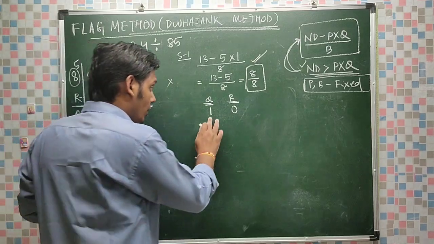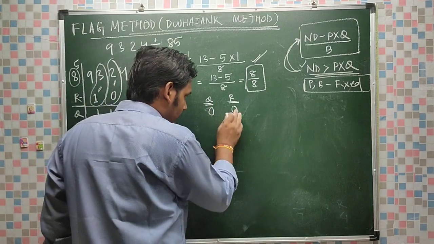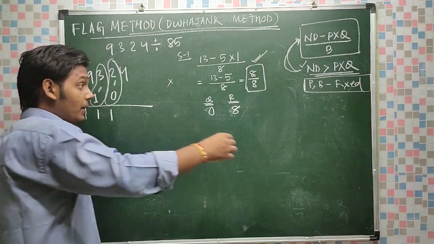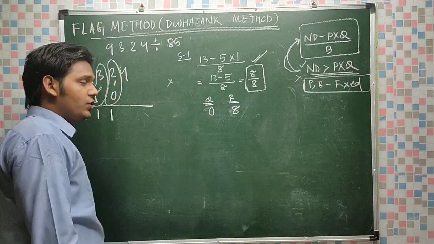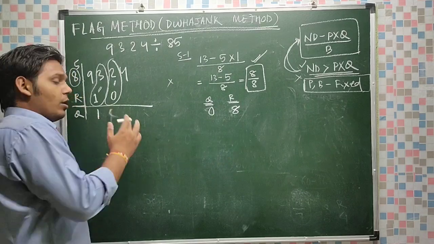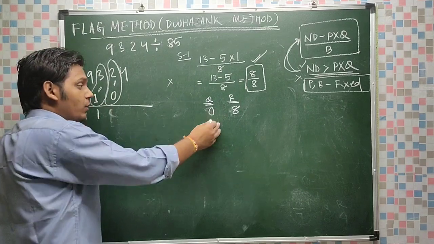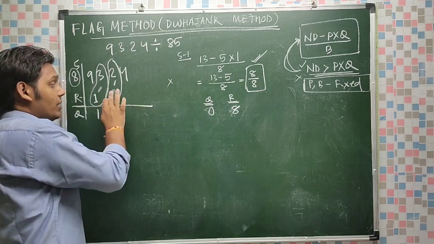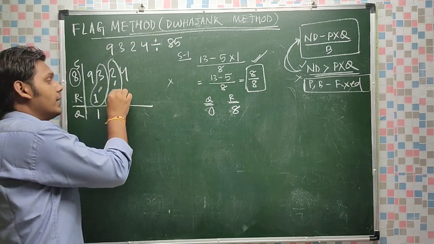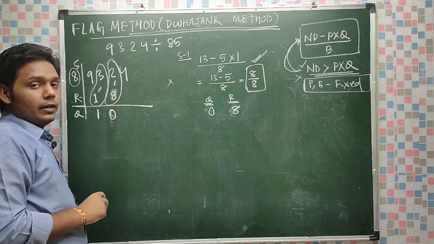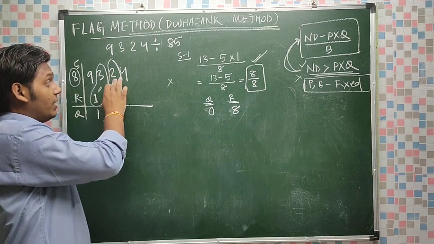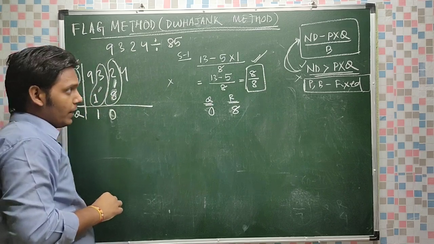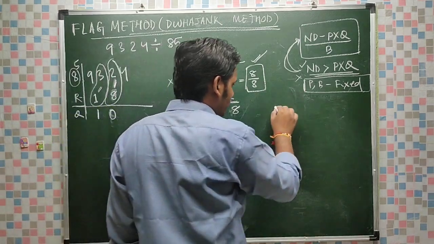So what you have to do, I can take 8 0 times and I can make the remainder 8. So whenever this condition is not satisfied, then go back. Here I need to take 1, but I am taking 0 because I need to satisfy that condition. New dividend must be greater than the product of power and quotient. Now I have to check 82. 82 is greater than 5 into 0, which is 0. Then thereafter step 2 I can do.